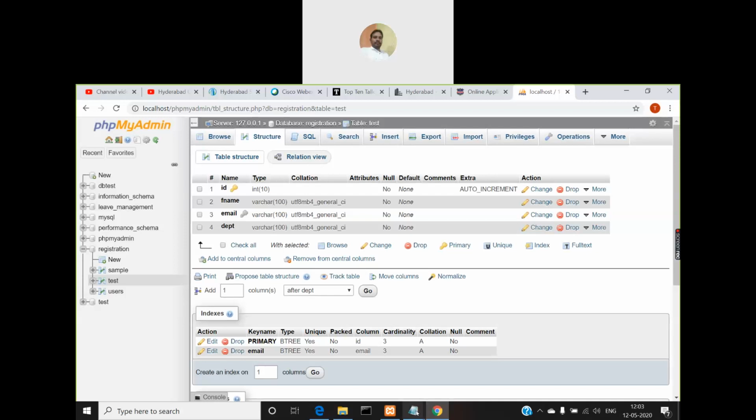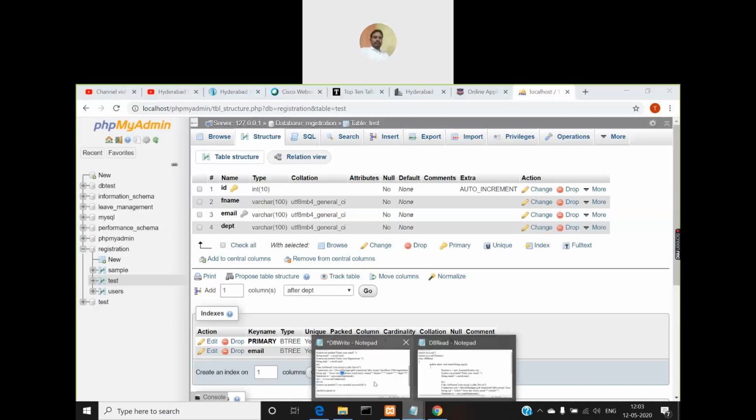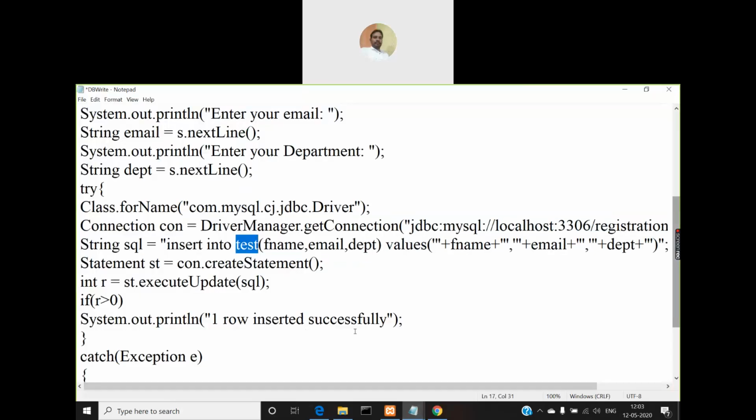But in our program we are not going to insert this id field because it will be automatically incremented and will start from 0. So there is no need for us to insert that value. That's the reason why I'm specifying only the remaining 3 fields: fname, email and DEPT. I need to insert only these 3 values. The first field ID will be automatically inserted. A new value will be inserted for every record by incrementing the current value.